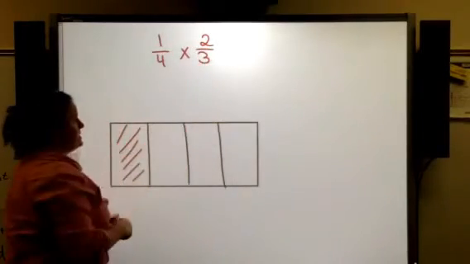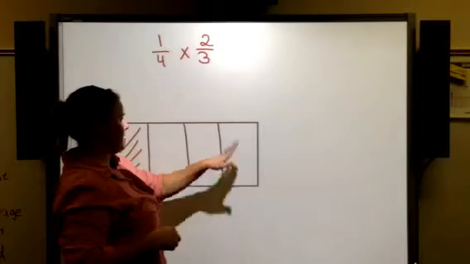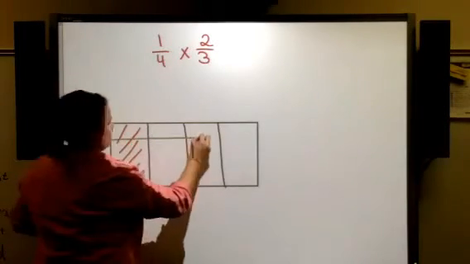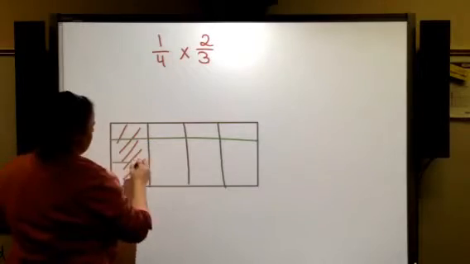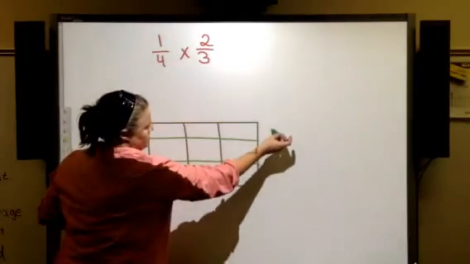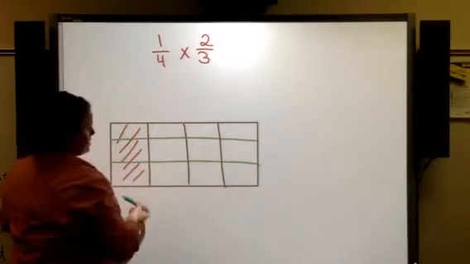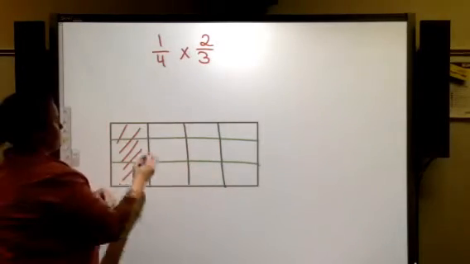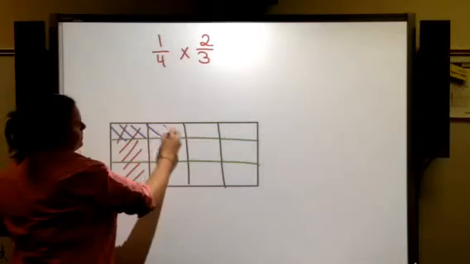My second fraction says to divide my rectangle into thirds. So I'm going to go horizontally and divide into 3 parts. So I've got 1 part, 2 parts, 3 parts. And it says to shade in 2/3 of the entire rectangle. So I've got 1/3